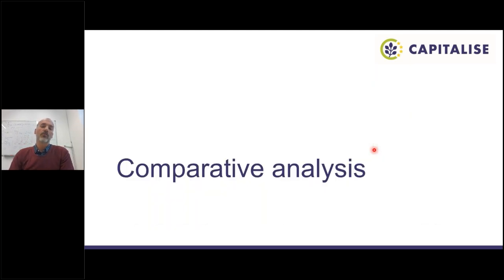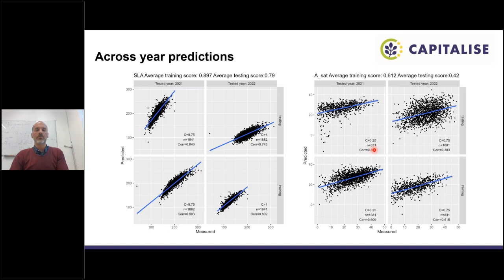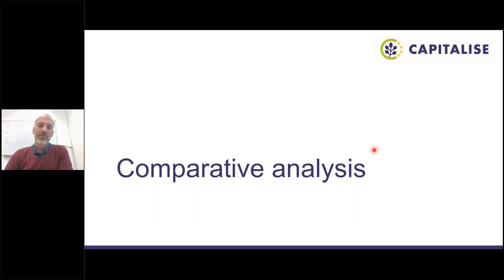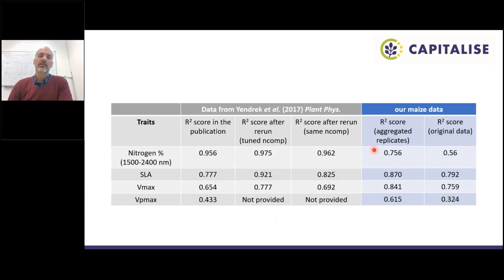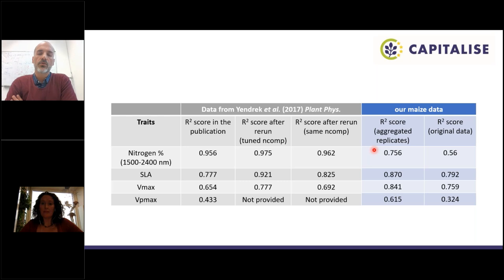So of course, we are not the first to do this type of analysis. Leaf hyperspectral reflectance data have already been used for prediction of photosynthesis-related and other plant traits. So we also attempted a comparative analysis against a seminal study from Jendrek et al. from plant physiology,